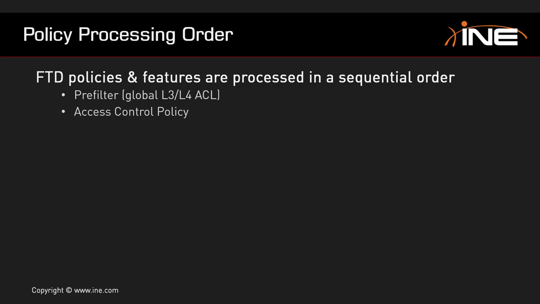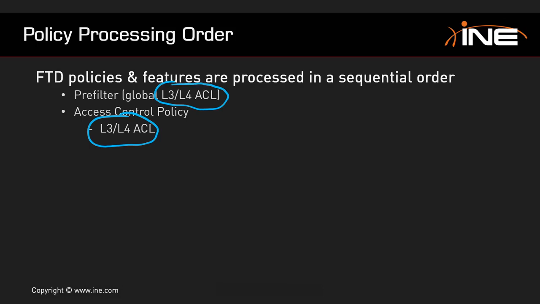Next is going to be the access control policy, which is more of like a master configuration, master engine that is used to control other engines or just invoke other policies. And one of the options here is going to be to control communication based on layer 3-4 source destination port number conditions, like with a regular access list. But notice that this access list comes after the pre-filtering policy, because the pre-filtering policy, as we will see in a different session,